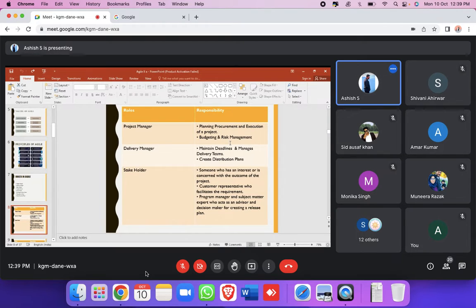Every team will have a budget, so it has to be managed, and also risk management, in the sense that if two people are not gelling, the manager has to take care of that. And if there is any issue in the team, if anyone wants to leave the company or take a day off, he has to plan how this particular project moves on from day to day, how many days are left for the release, how many modules we have to work on, and how many modules we have to test. Everything will be planned by a project manager. Understood?